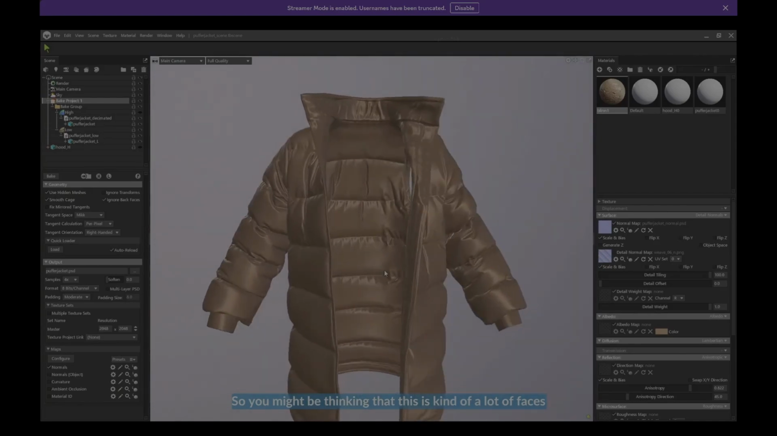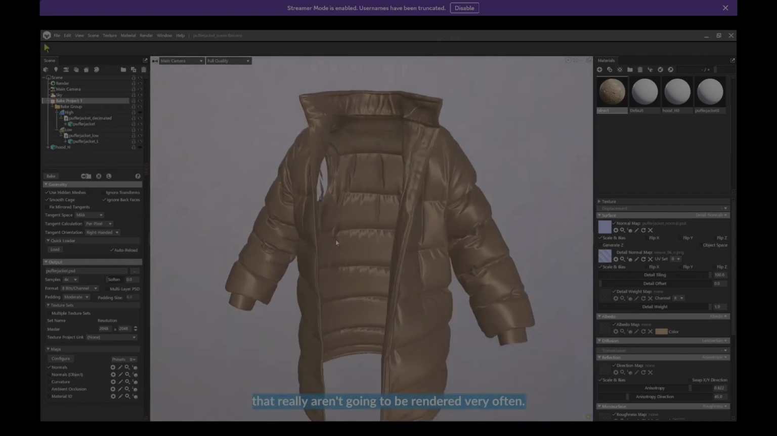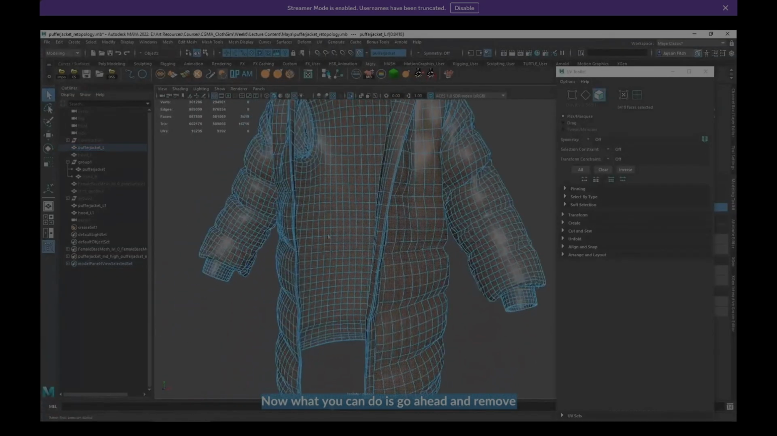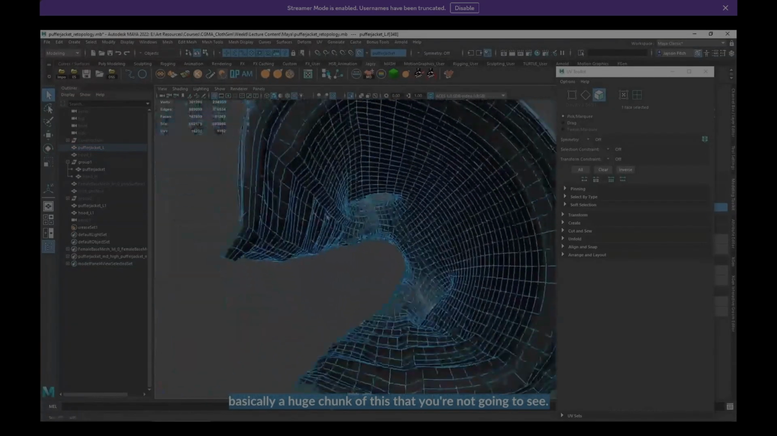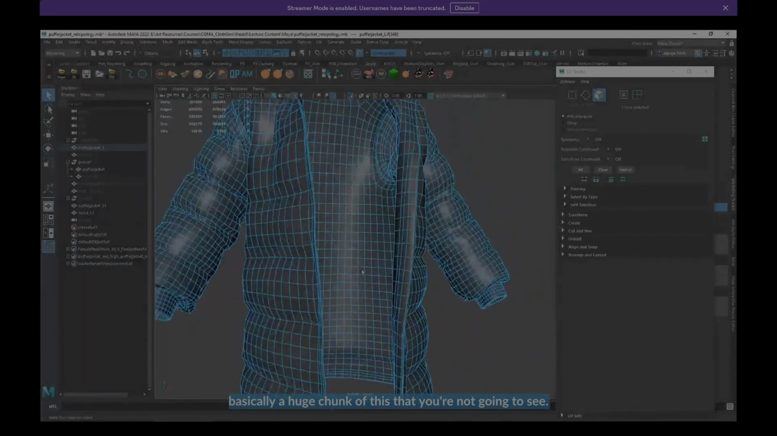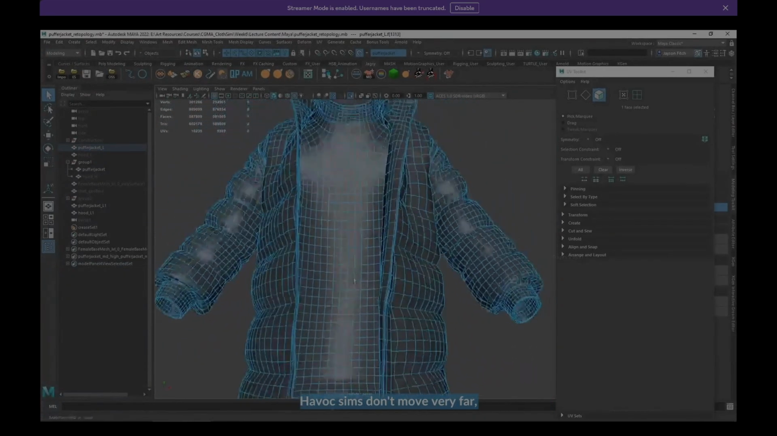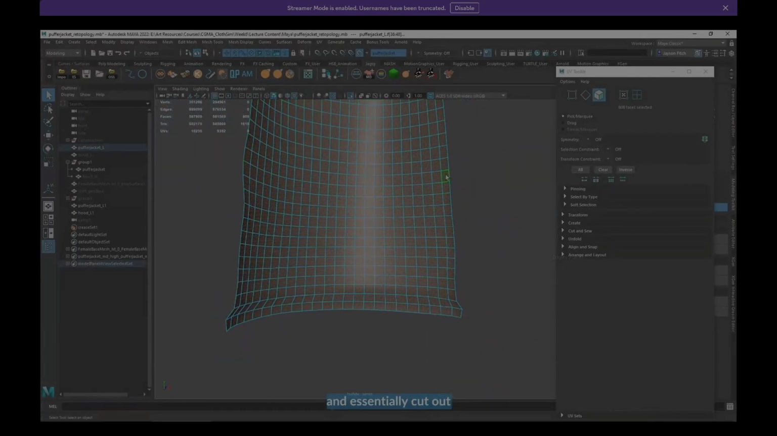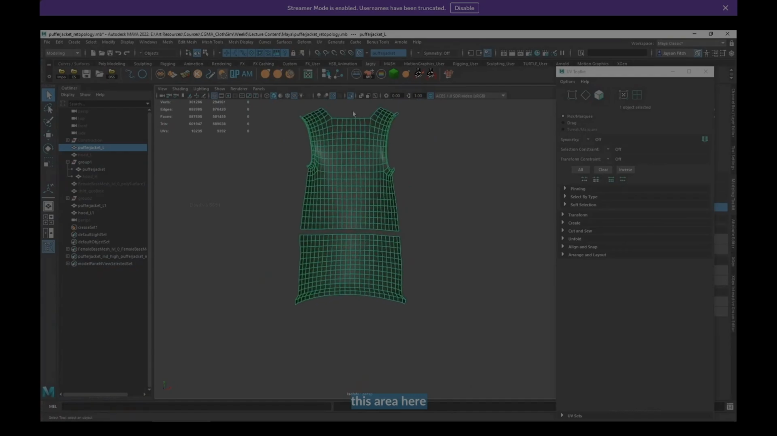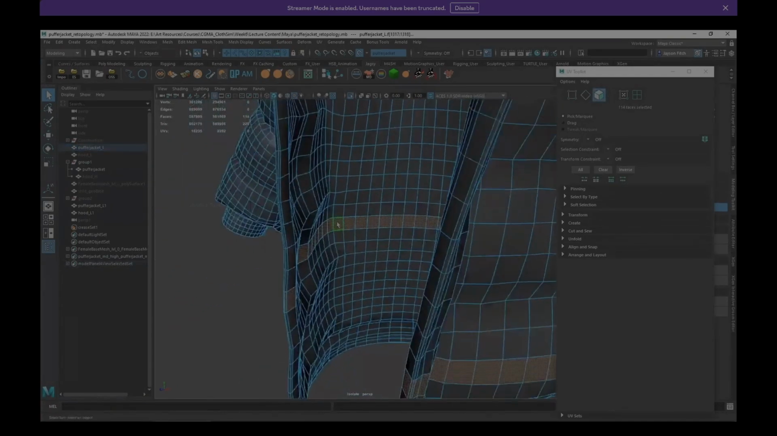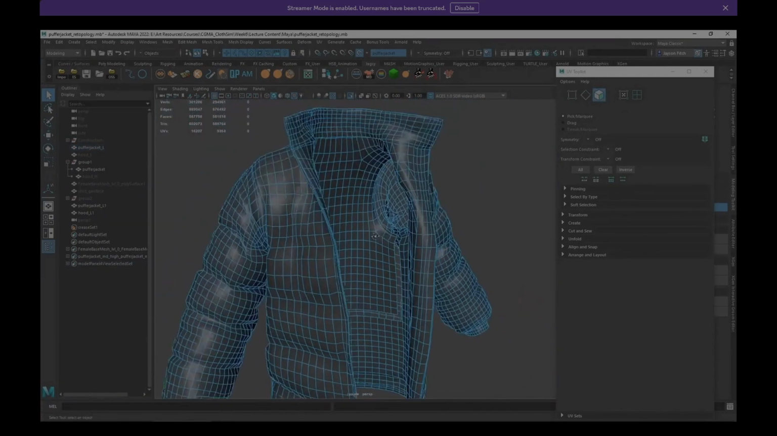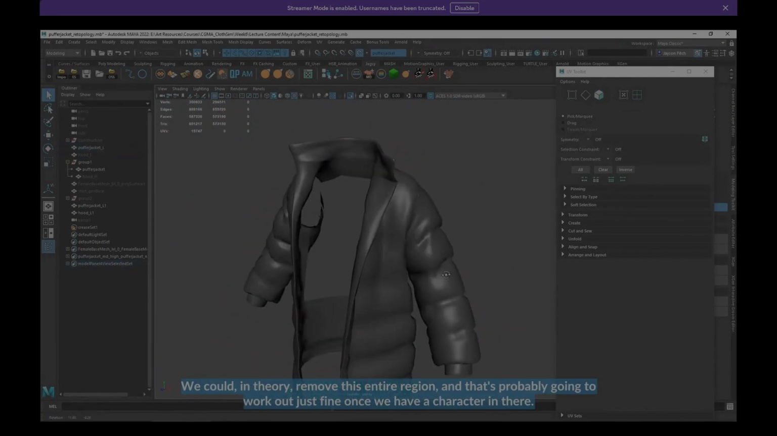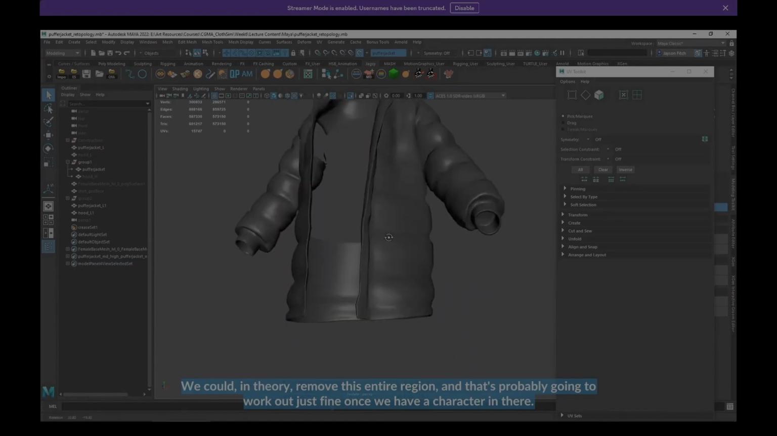So you might be thinking that this is a lot of faces that really aren't going to be rendered very often. Now, what you can do is remove a huge chunk of this that you're not going to see. Havok sims don't move very far. So if you were to take this interior portion and essentially cut out this area here, we could in theory remove this entire region, and that's probably going to work out just fine once we have a character in there,